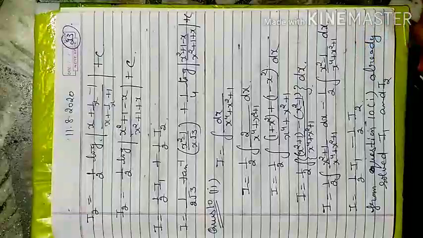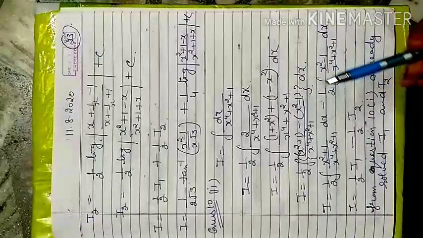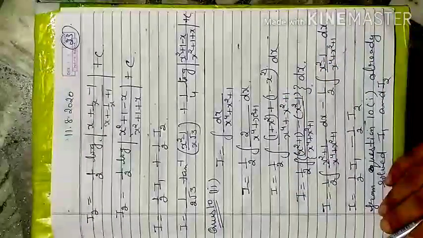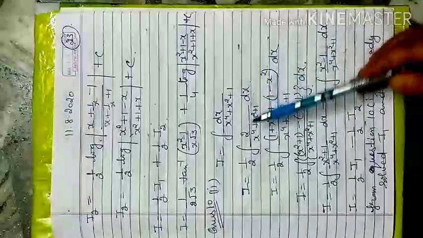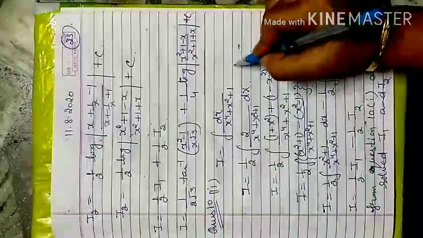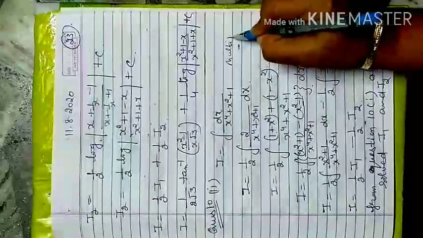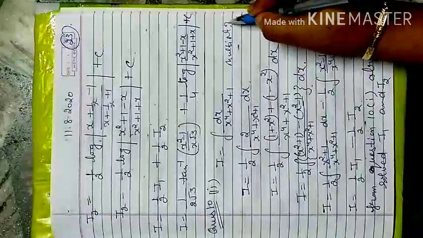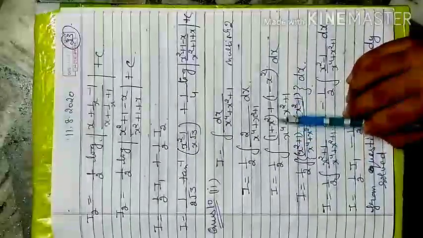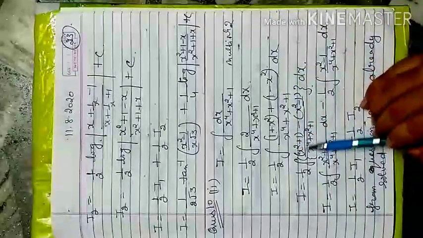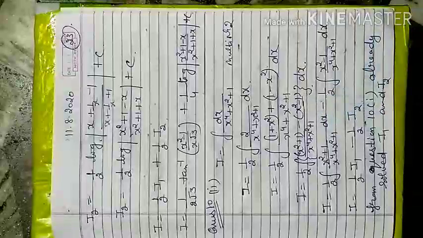10th question second part is exactly the same as that, but the only difference is that in your 10th question first part x square is written, and here there is nothing written, but the condition is the same. You multiply numerator and denominator by 2, then separate: 1 plus 1, x is added and x is subtracted, so that is x square plus 1 minus x square minus 1.